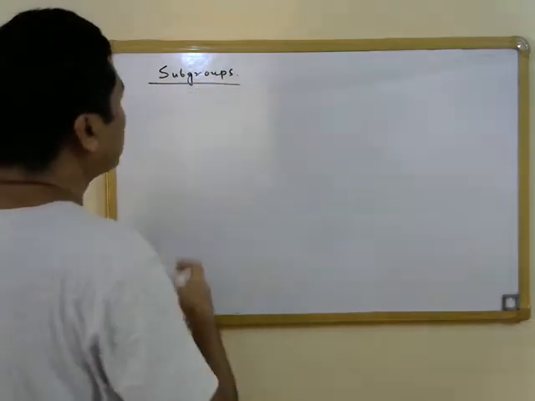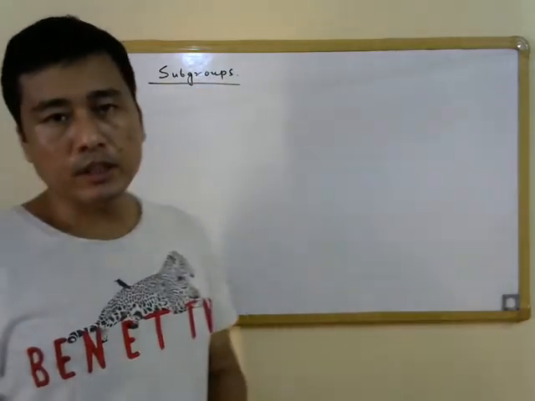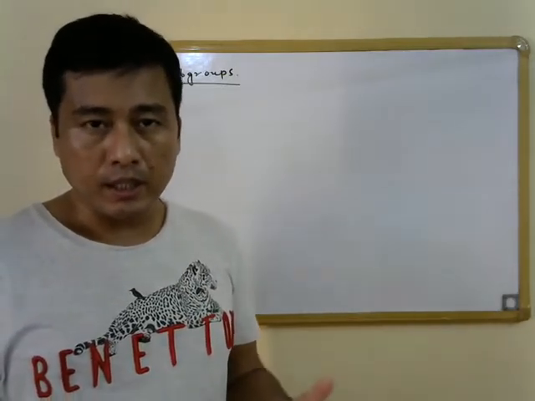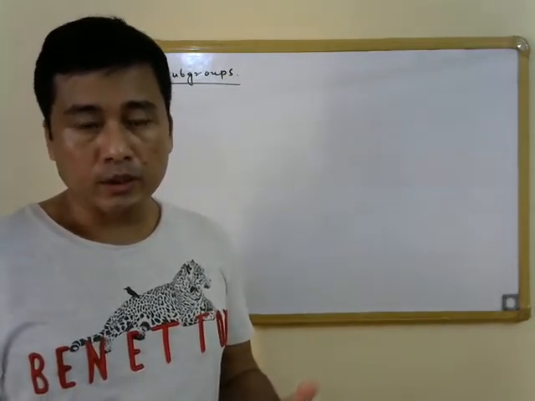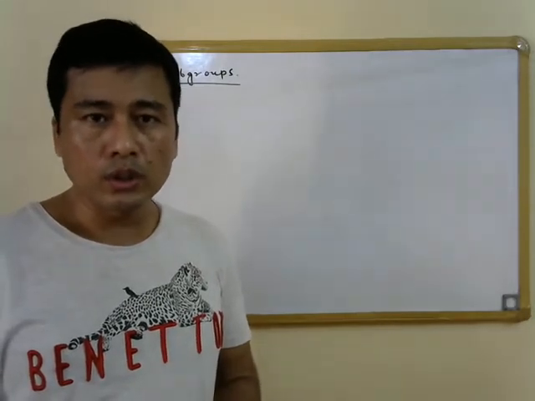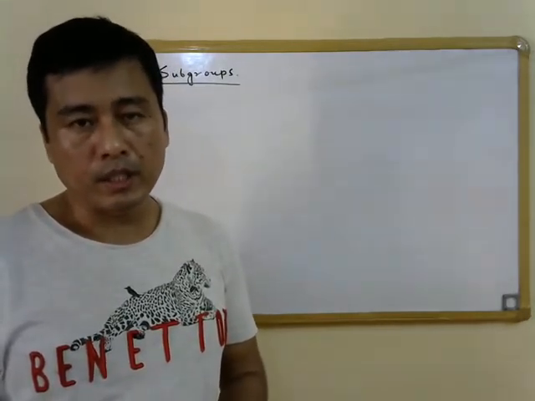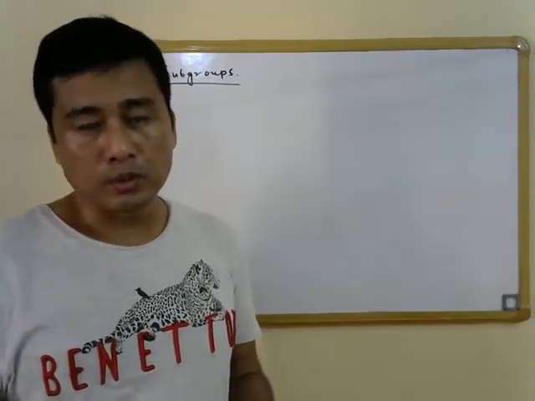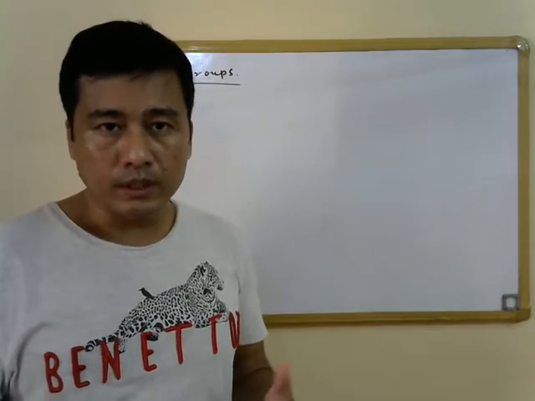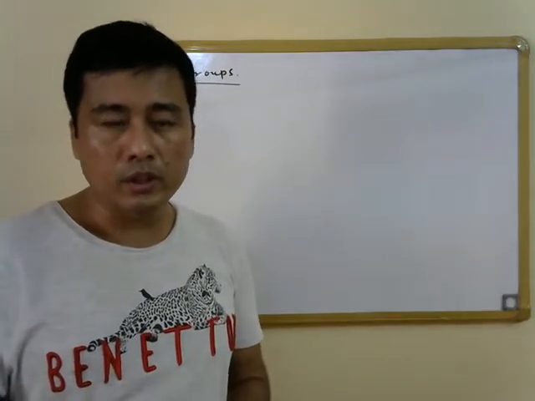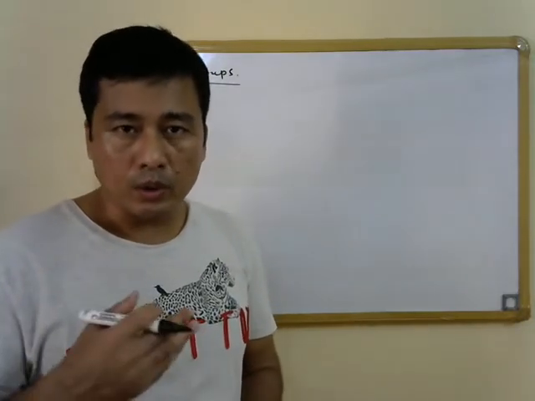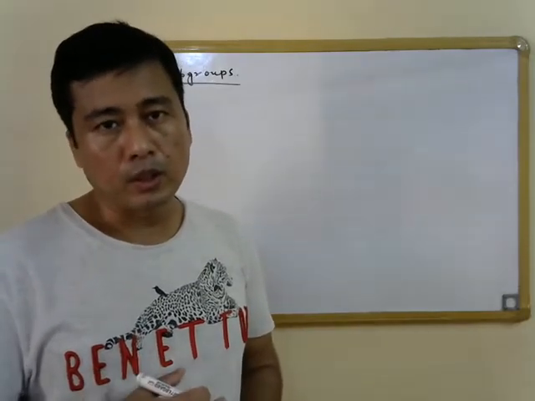As the name suggests, subgroups are essentially a smaller set of elements within a given mathematical group, which again follows all the rules of the mathematical group, and we call this smaller set of elements the subgroup of the parent mathematical group. Now there is a very important relation between the order of the subgroup and the order of the parent group. That is, the order of the subgroup must be a divisor of the order of the parent mathematical group.